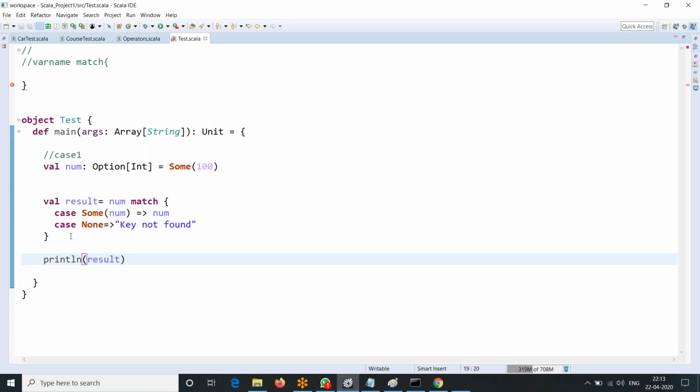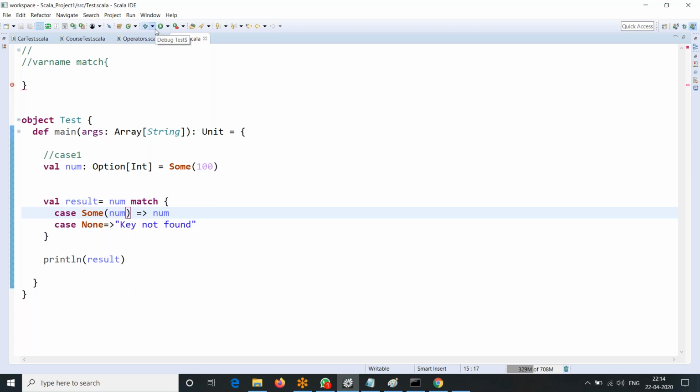Okay, and then what do you do? Just run it. You understand this use case? It's a very simple, small and important use case: how we can use Option in pattern matching. Got it, right? So the comparison variable is Option here. Then the case value is dependent on the comparison variable, the expression or the variable which is used to compare here. So as it is Option, the case values either can be Some or None here. If it is an integer, here it should be integer values. A constant should be given here, not that variable directly.